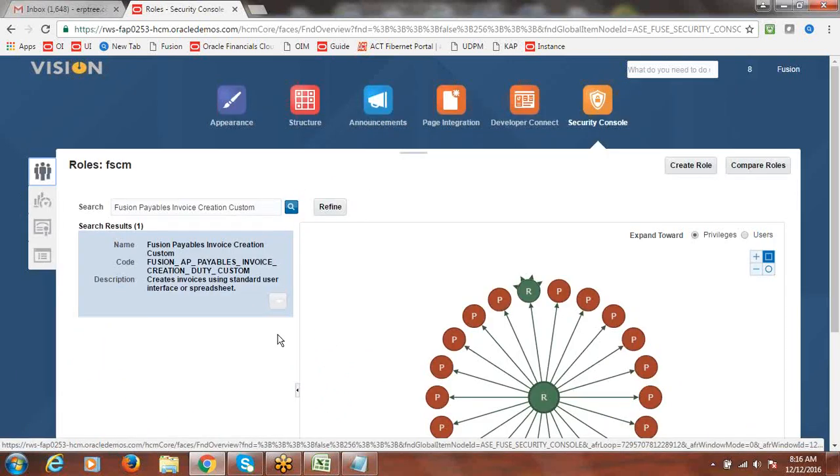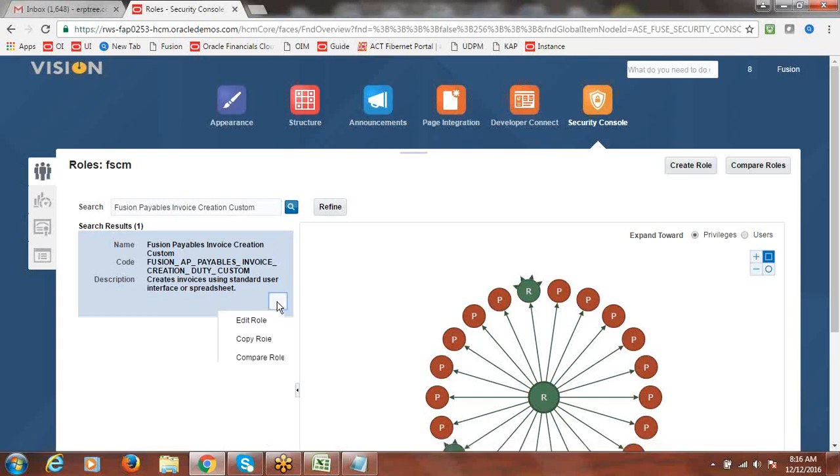And one more point here. See here, I'll go to this role. If I assign this role to a user, what access can that user have, and for what can the user not have access? If you want to check the current user related privileges, simply you can click on simulate navigator. Just click on simulate navigator.